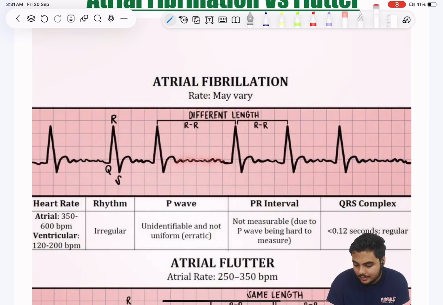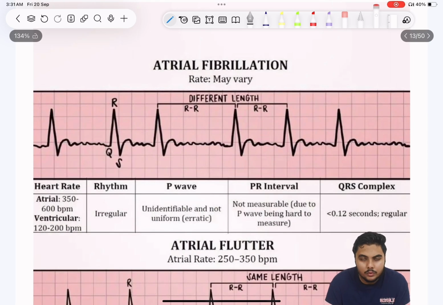No properly distinguishable P wave is seen in atrial fibrillation. So with an irregular rhythm, there are no P waves that may be seen in case of atrial fibrillation, right, guys? Now, one question you should ask yourself is this: when I told you about calculating heart rate, I told you